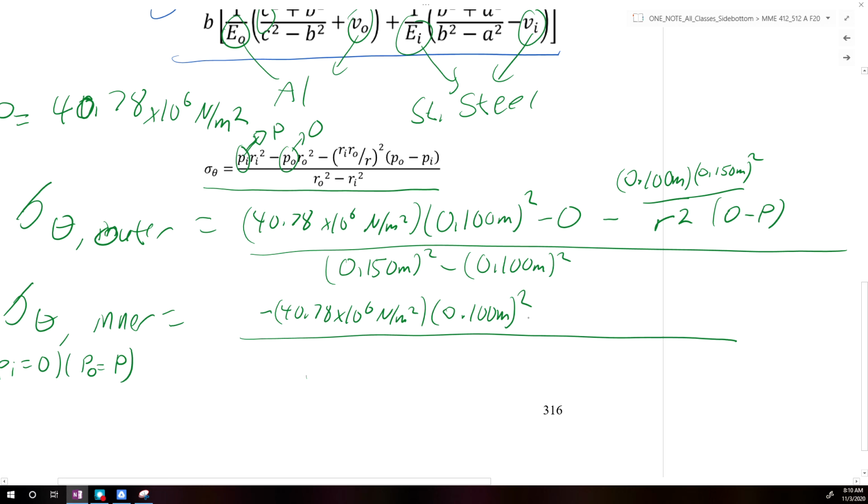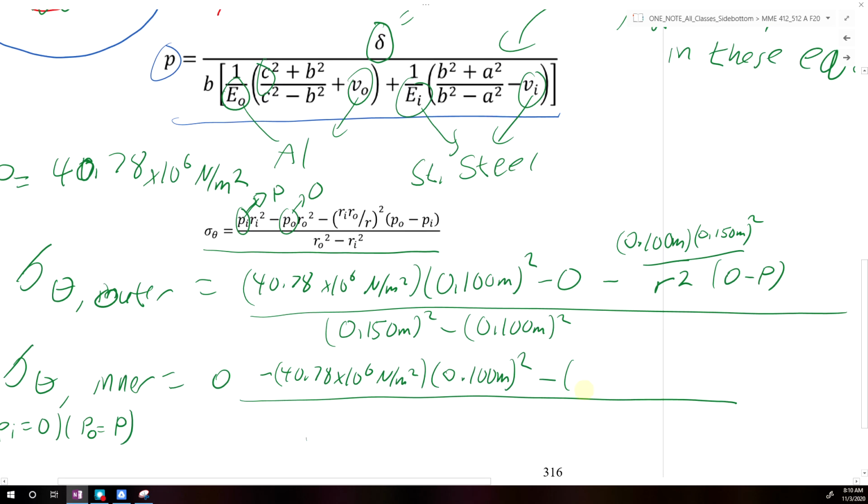Then we would get minus 0.10 meters, which is the inner radius, times the